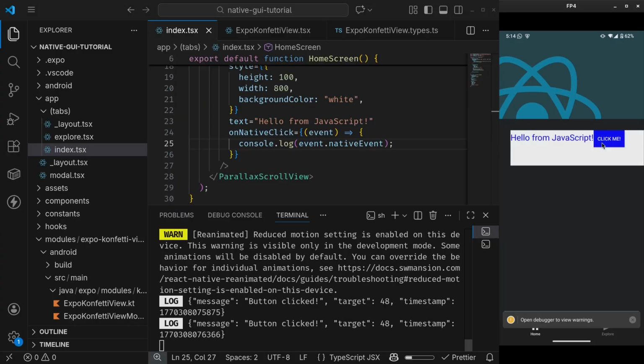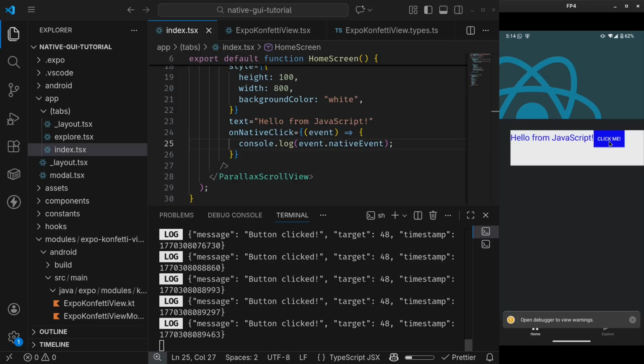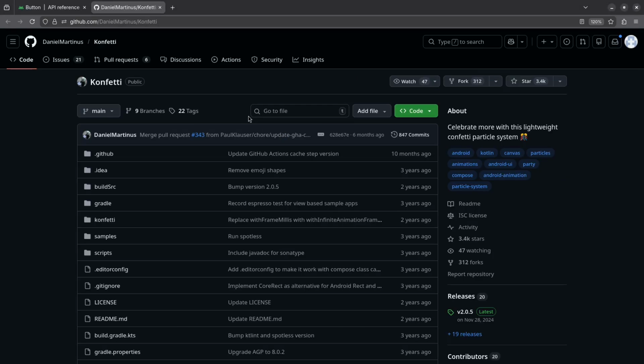So I click. Great, as you can see, we have a message and we have a timestamp. Now I'm not sure what target is, and I could not really find any resources for what target means. But here, as you can see, our code works just fine. So now we're done with the first part of this video. That was really easy. So now the second part of this video is going to be to include the Konfetti